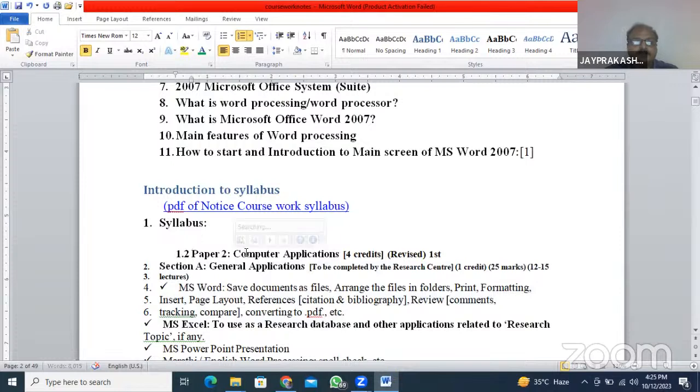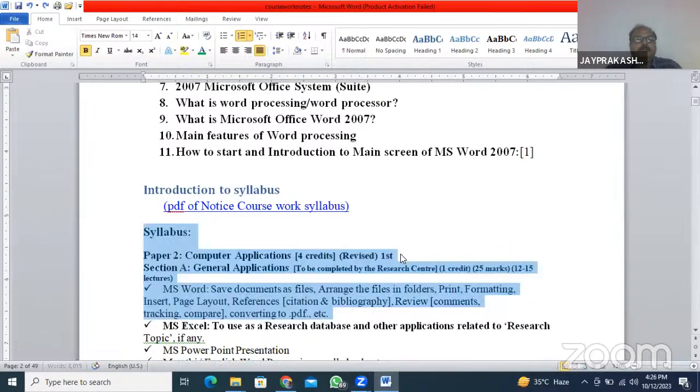And once you assign it, when you just click on the enter button, it will be automatically assigned to your paragraph and to your document. Don't worry. Okay. Then